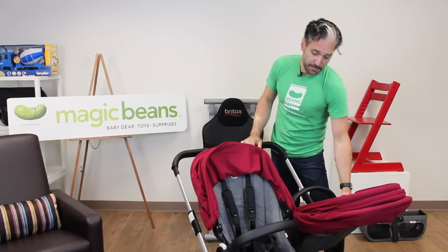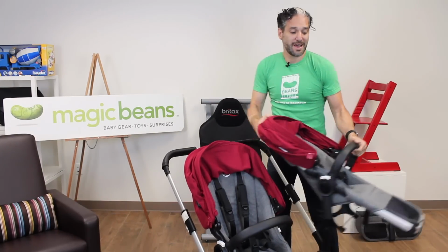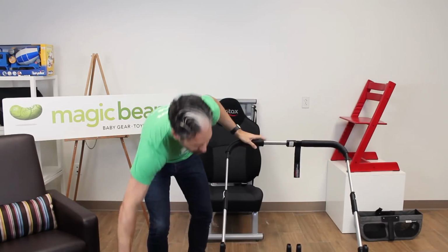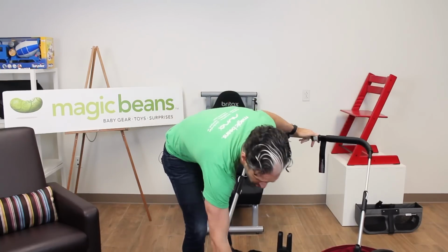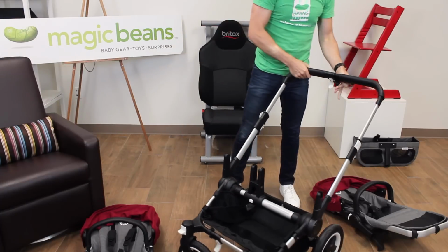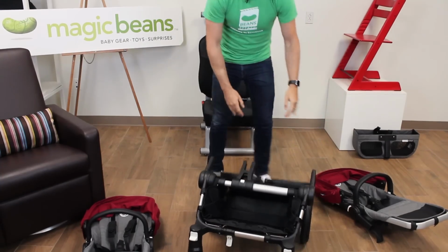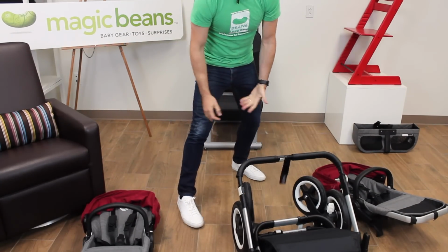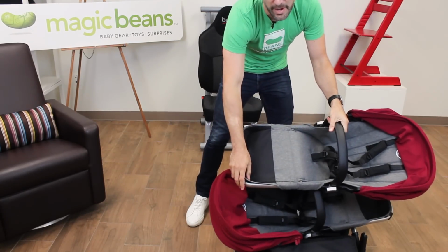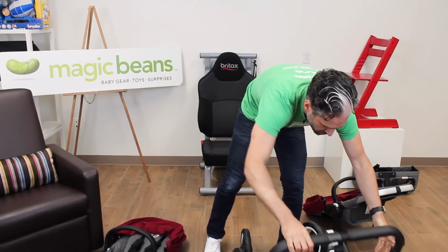In terms of folding this thing down, it's recommended that the seats go facing forward. I actually liked when I fold this down just to take the seats off. It's super easy. In fact, if you want to make it really small, like I said, just reclose it. And here you go. Push the handlebars down, little triggers down, boom, right down on the ground. It actually fits so compact for a double stroller and it'll fit right in your trunk. Really easy. And then you just pull those triggers again, open it up,